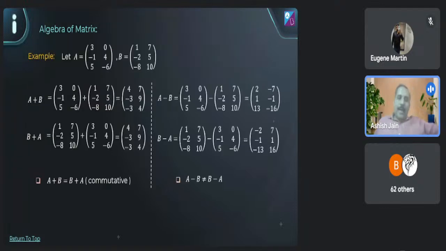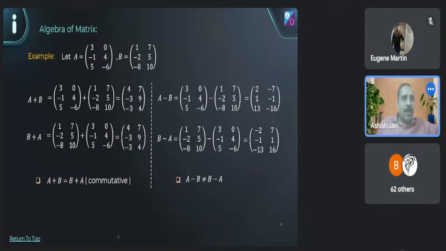Again, this is an example. We have a matrix capital A. What is dimension of this matrix? It is 3 row and 2 column matrix. We have a matrix capital B, which is again 3 rows and 2 column matrix. They both have same rows and same column. That means they are comparable. हमको A plus B निकालना है, हमको B plus A निकालना है. Question ऐसा आ सकता है, आपको दो मैट्रिक्स मिलेंगे, बोलेंगे वेरीफाई